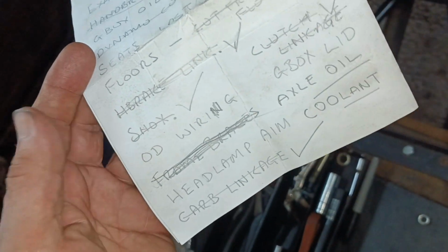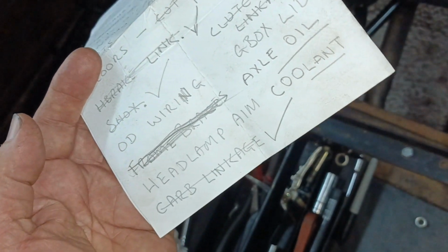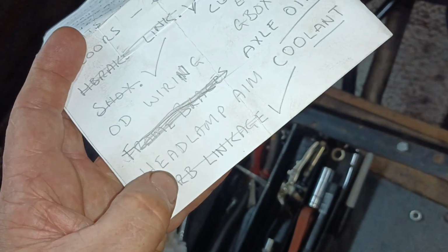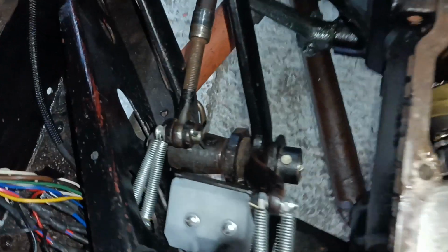Handbrake link. Okay, I'll show you that in a minute. Shocks, I just connected the rear shocks. Carb linkage. I'll show you that in a sec. Clutch linkage. Because the motor was moved forward,